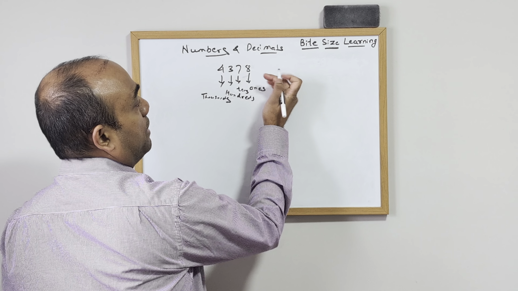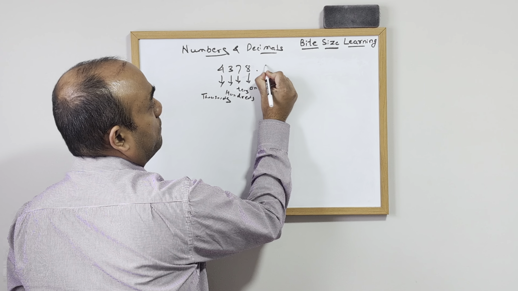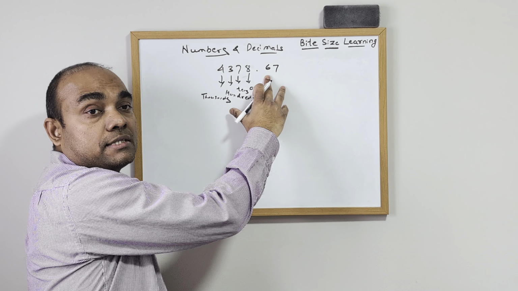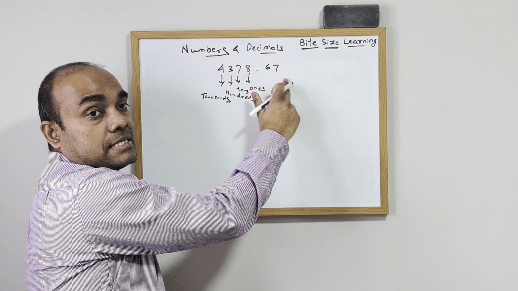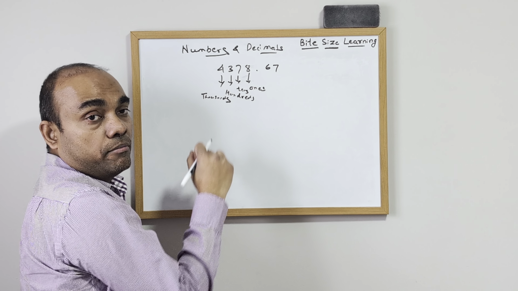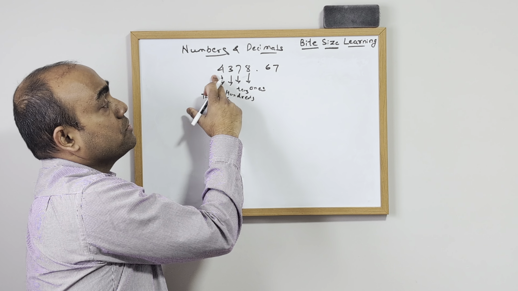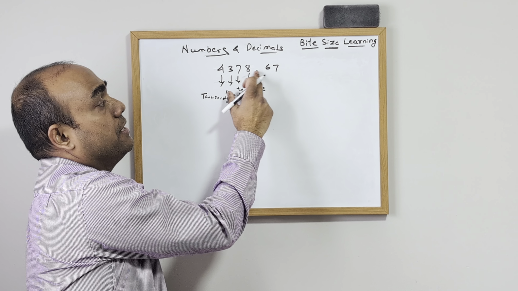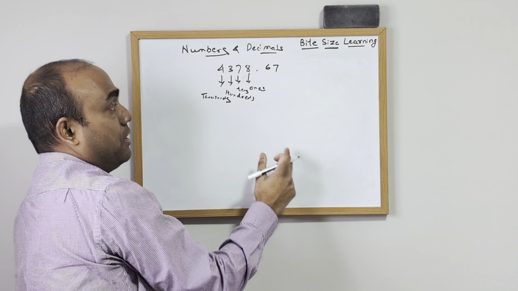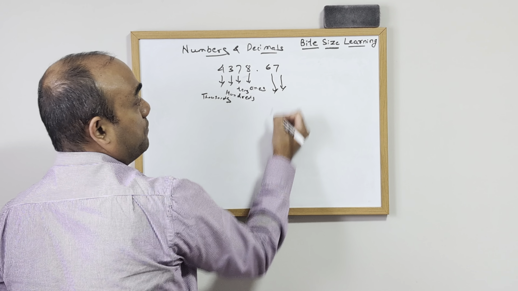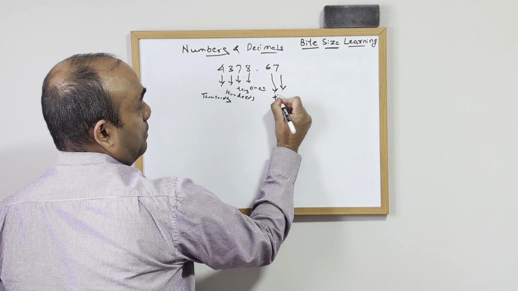Let's say you have a decimal after it. So after this you have 67, right? So you cannot call it 67, it is called point 67. So when you tell the complete number, it is 4,378 decimal 67. And now the place values of the numbers after the decimal are tenths,